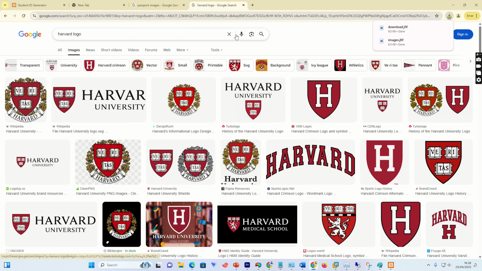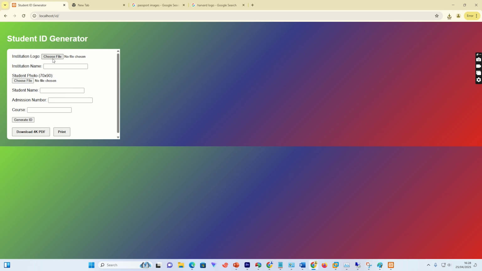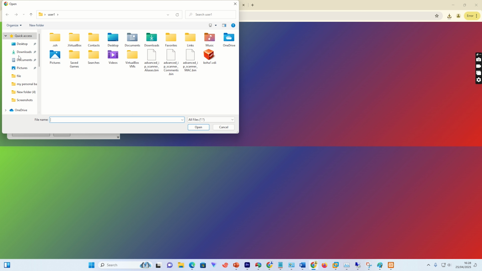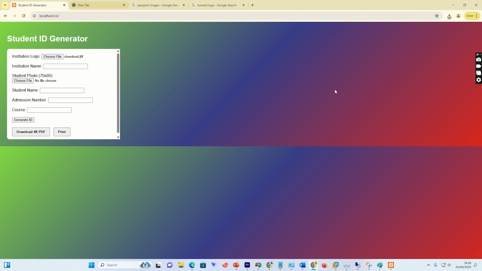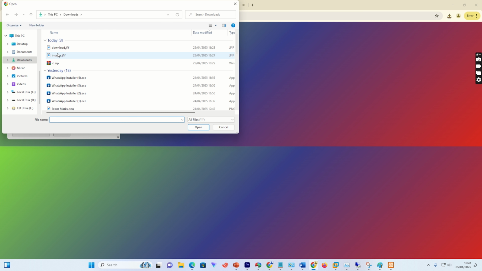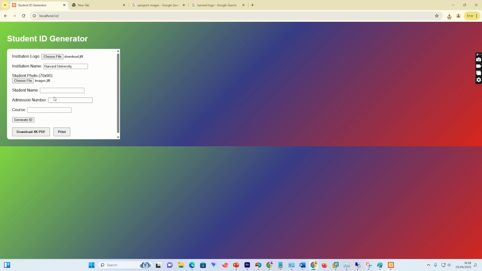Here it is. Now we come to our image and go to downloads. The first thing is the logo. Here it is. The name of the institution, let's say Harvard University. Also the passport, the name. Let's say John